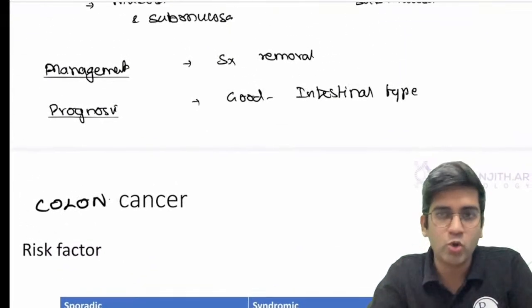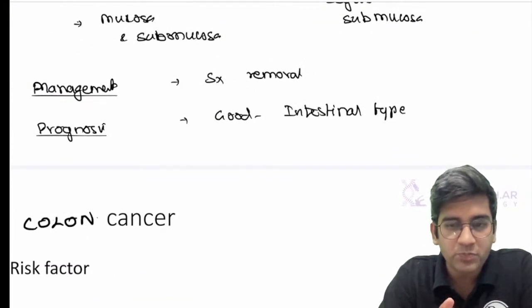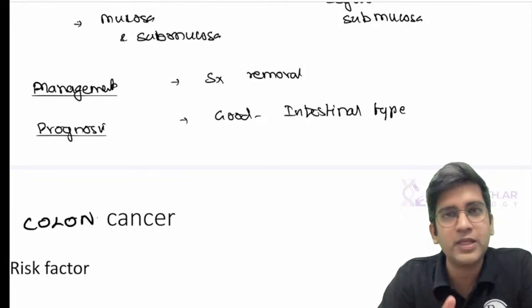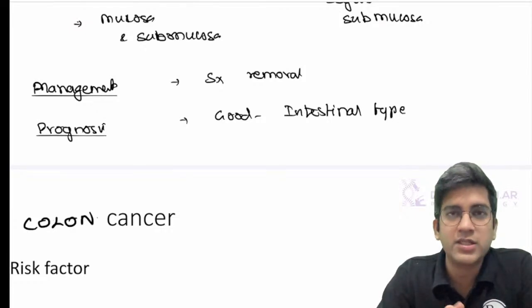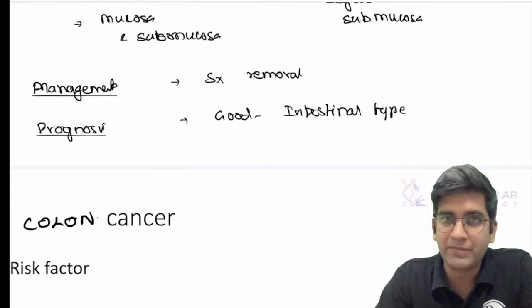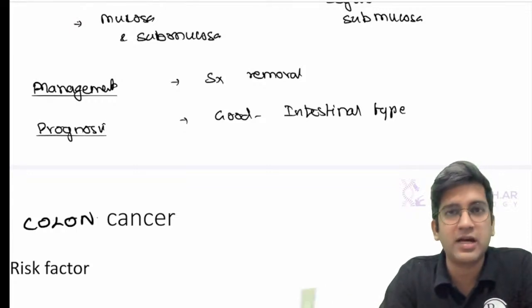Fine. Let's go to colon cancers. Same template. We'll have the risk factors, etiology, sporadic and syndromic. We'll look a little bit at the pathogenesis. Here, the adenoma-carcinoma sequence is very, very important. Then we look at the clinical history and how to diagnose. Then microscopic types if required, and the prognosis and markers if required, right?